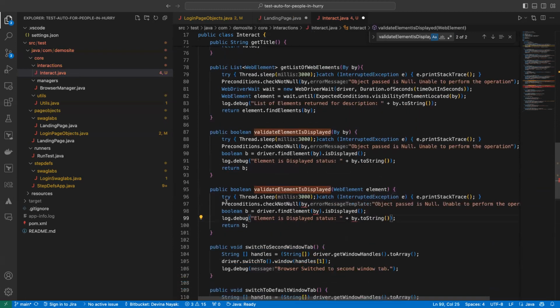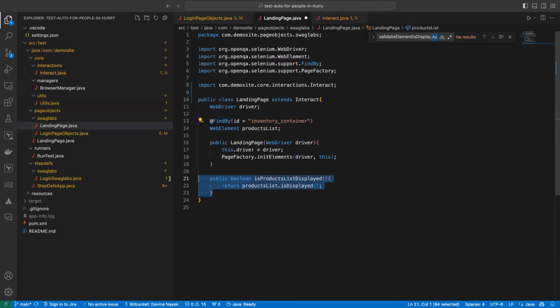and here precondition check null. Okay, I want to have this with the element, right? So element, find element I don't want to do, so I will say element is displayed, element to string, and that's it. Okay, so now I have the method which I can use directly here. So instead of doing this,